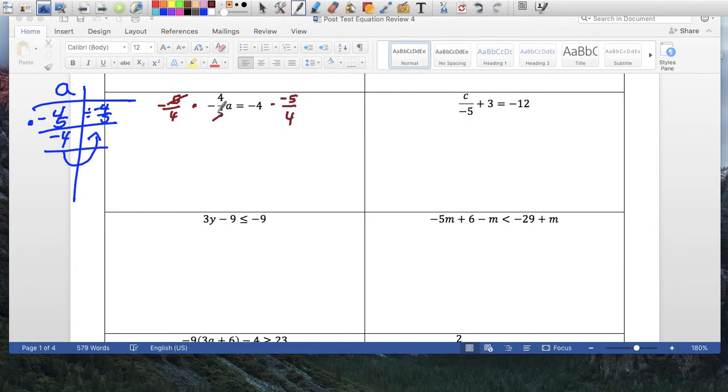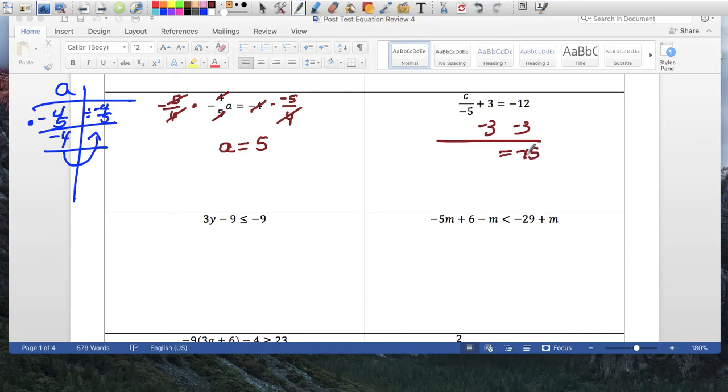So 5 and 5 and 4 and 4 all simplify to 1, and a negative times a negative is going to be a positive again. I can simplify this 4 with this 4, and I'm just going to get 1 times 5, which is 5. So a equals 5. Minus 3